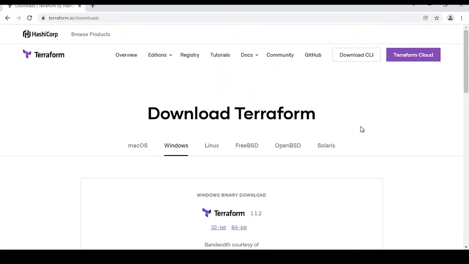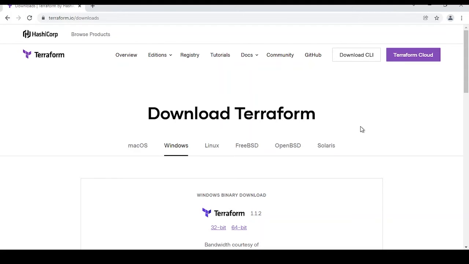So guys, basically Terraform is an infrastructure as a code tool developed by HashiCorp Corporation, and it is using HashiCorp configuration language to define your infrastructure as code in configuration file. And also guys, Terraform works with cloud provider as well as non-cloud provider. So Terraform has more than 1,000 providers, which includes cloud as well as non-cloud platforms. It also supports platform as a service providers to build their infrastructure.